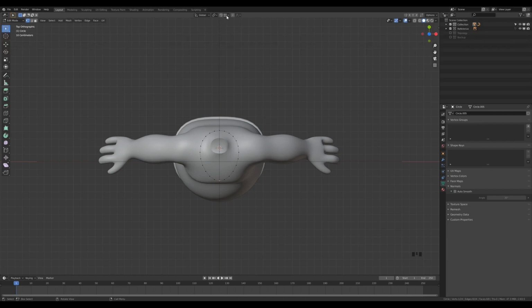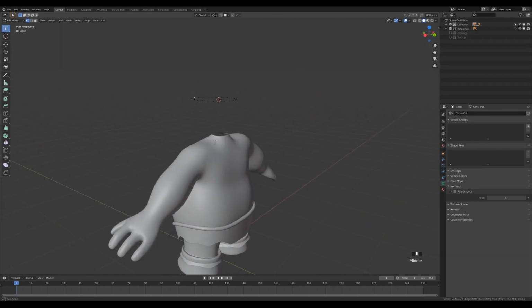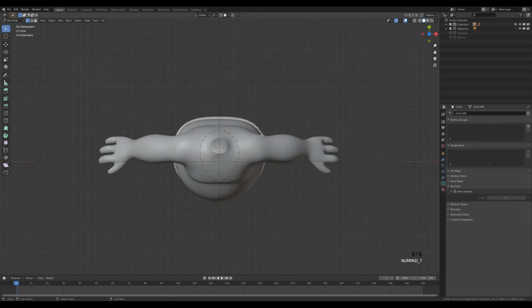And let's go to the snapping settings, and instead of vertex we'll be snapping to face. And don't forget to check project individual elements, so the vertices are projected separately. And now let's rotate this a little bit so you can see where this is located. So we can go back now with number 7 on the numpad, and now select all, press A,